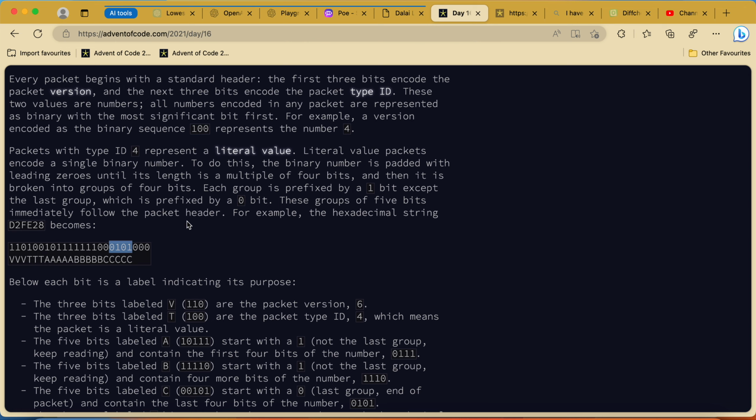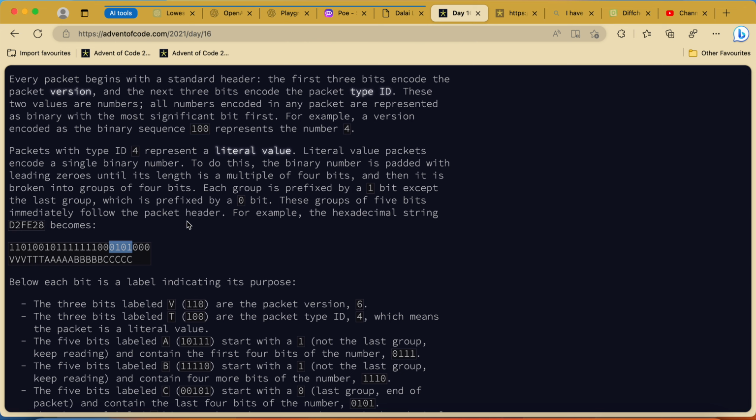Packets with type ID 4 represent a literal value. Literal value packets encode a single binary number. To do this, the binary number is padded with leading zeros until its length is a multiple of 4 bits, and then it is broken into groups of 4 bits.